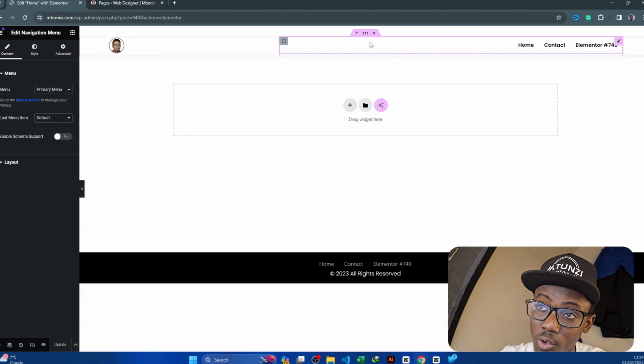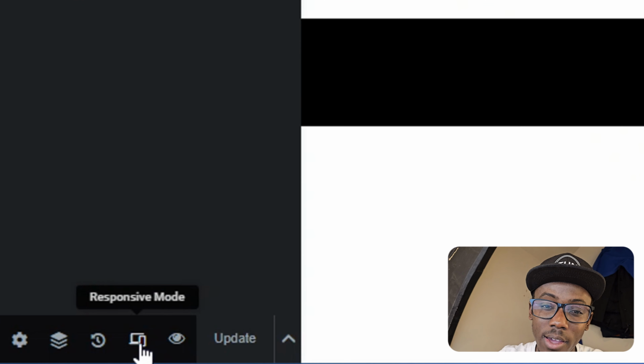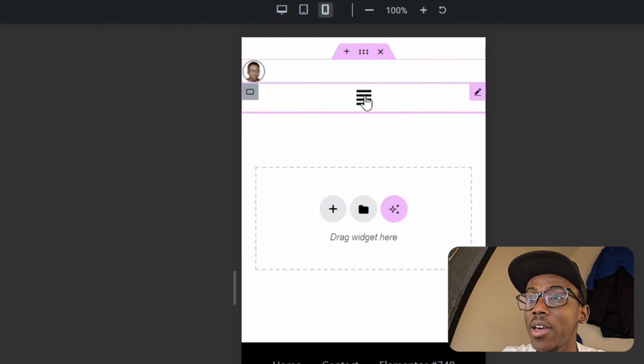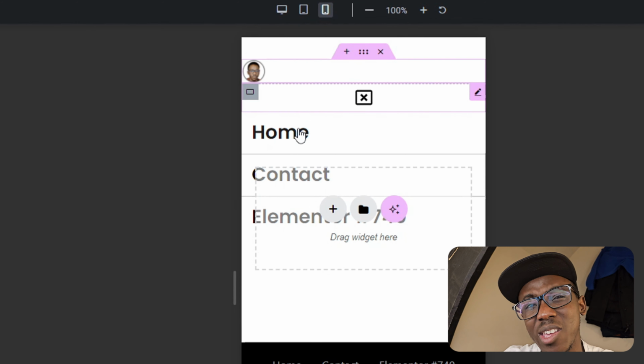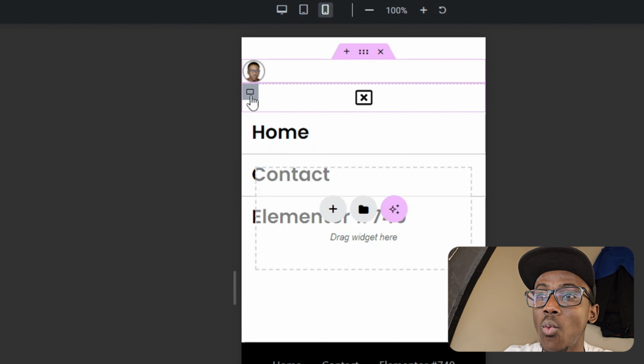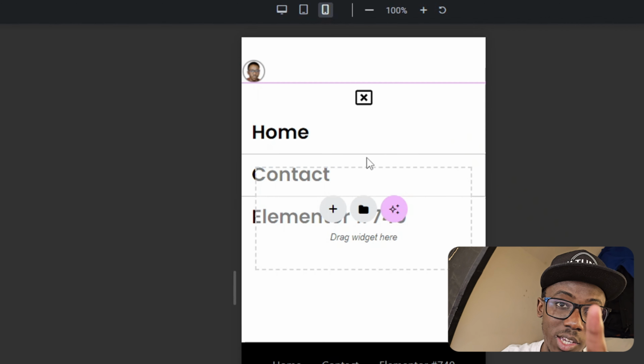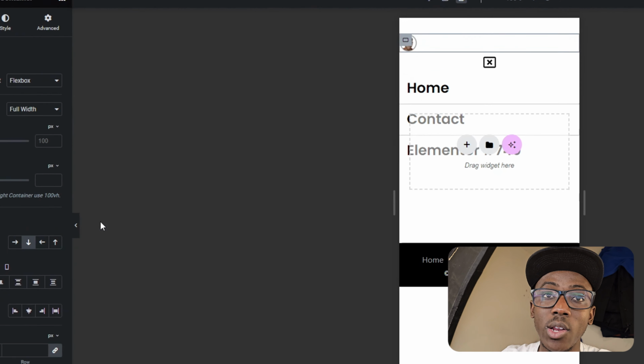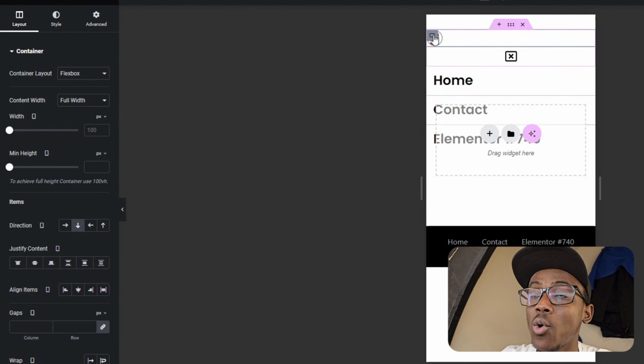You know, you've used Elementor before. You just go on your left side where it says responsive mode, click on it, then come here on Mobile portrait. As you can see now, things are looking a bit fishy, but where the width is covering the whole part, we mentioned width. So since I mentioned width, I'm actually going to click here on my container. Now we're actually editing the containers, not the